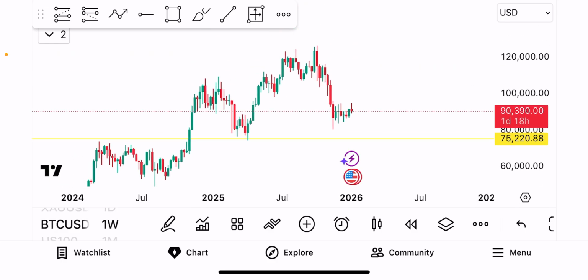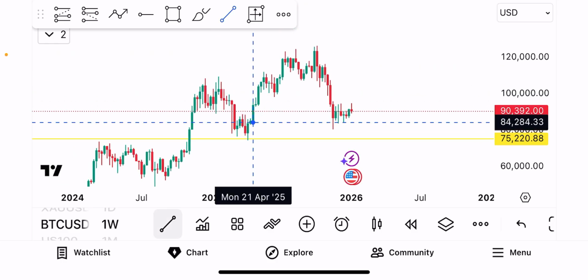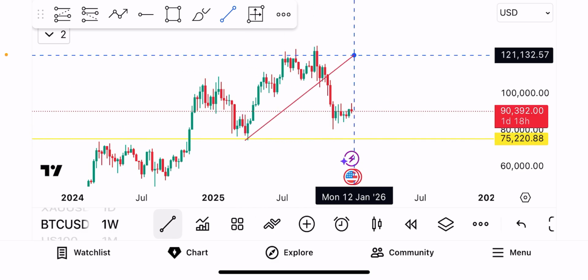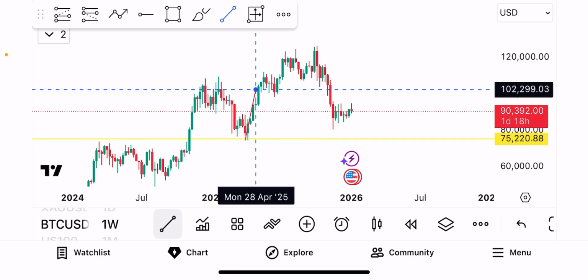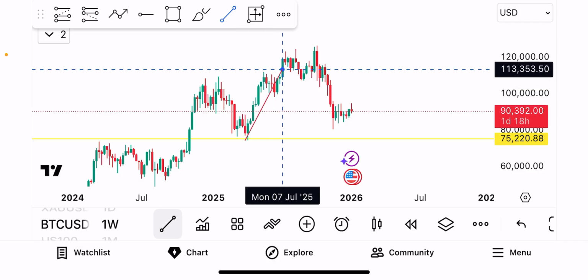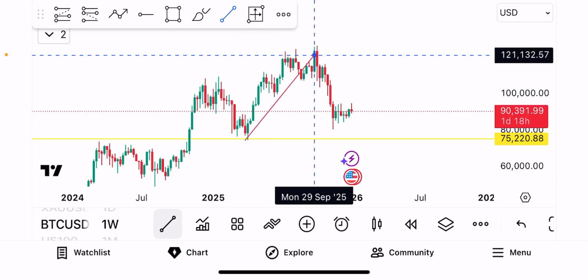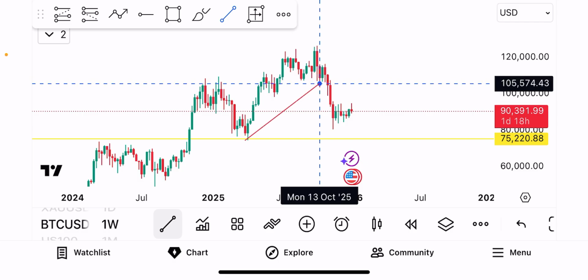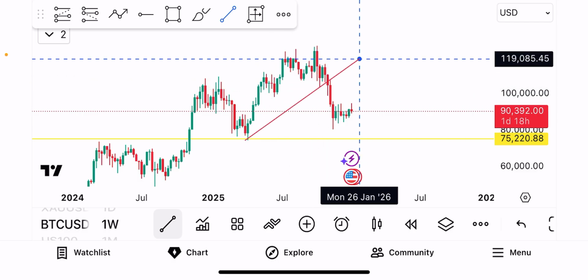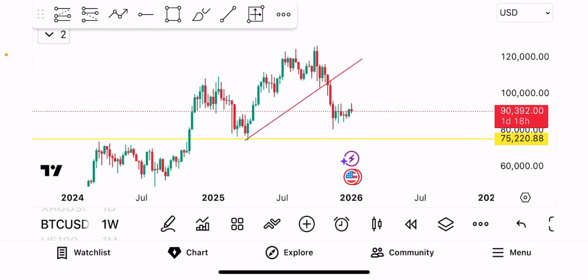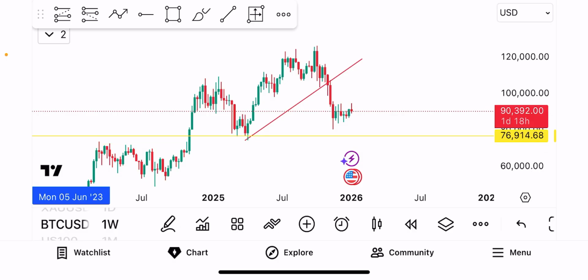From the weekly time frame, we can clearly see that price has broken this structure here. We had this high, we had this higher low, higher high, higher low, higher high, but price has broken the structure. Okay, so that means we are now bearish. From the weekly time frame, we are bearish, and the support level that we have is this area